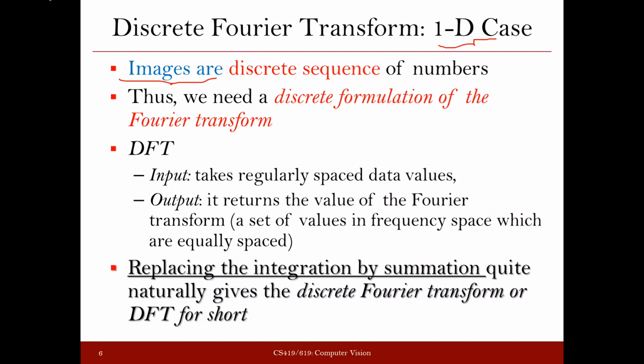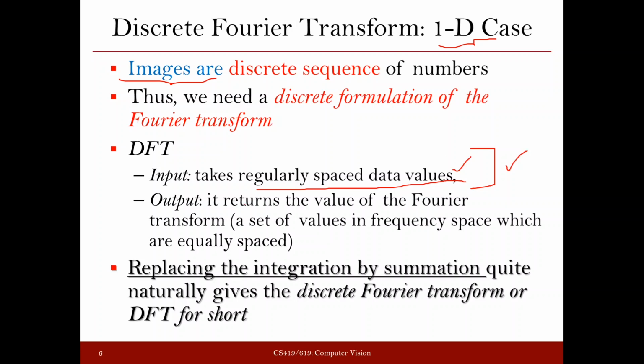Now in the case of DFT, what is going to be the input for our case? It is going to be regularly spaced discrete data values. Right? In the earlier case, it was a continuous function, so you were supplying continuous values, but here, since we are talking about the discrete case, the input is going to be regularly spaced data values. We'll see from the example what we exactly mean by regularly spaced data values, but I think it is easy to understand from here that in place of saying that our function is, let's say, x square, we are going to say that our function is represented using some set of discrete values.